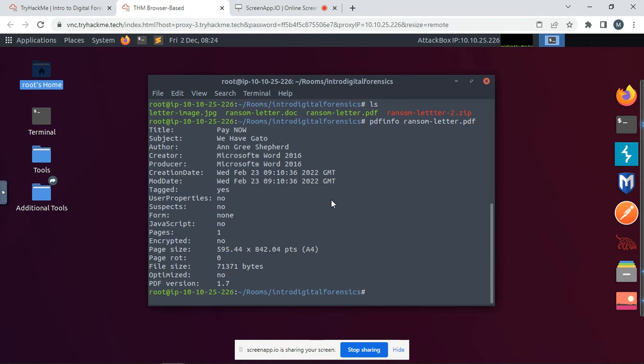Here is shown the list of contents about the PDF in detail. Background information about the PDF: the title here is pay now. The subject is we have got to. The author, who created the ransomware, is Anne Gree Shepard, and the creator is Microsoft, the producer Microsoft Word,